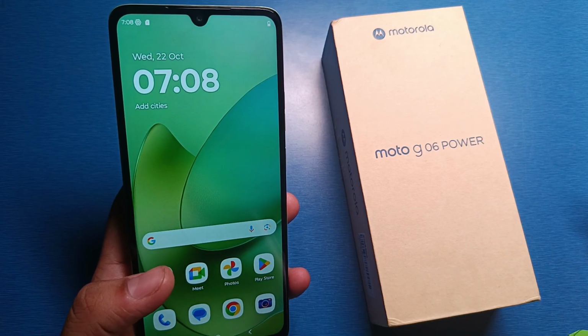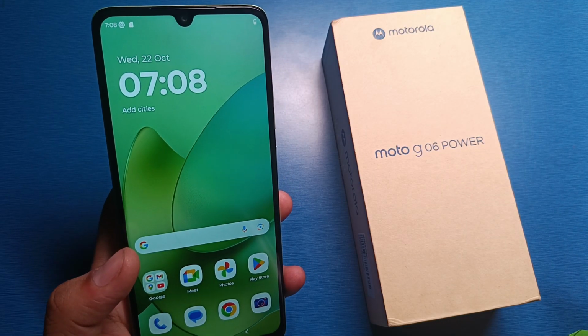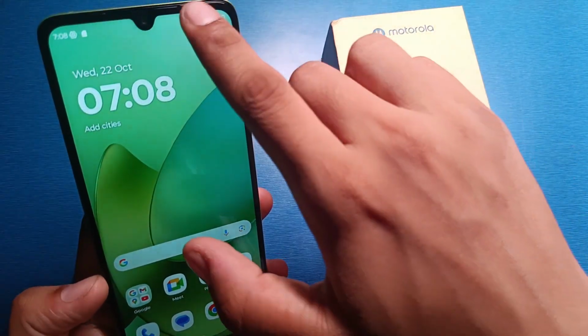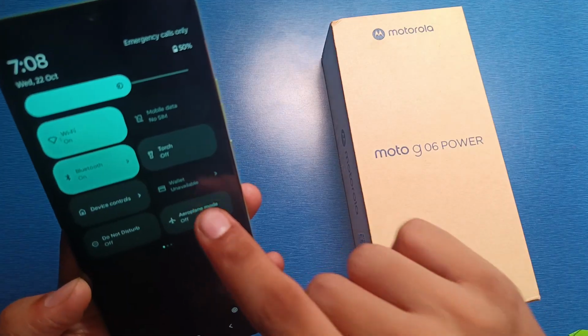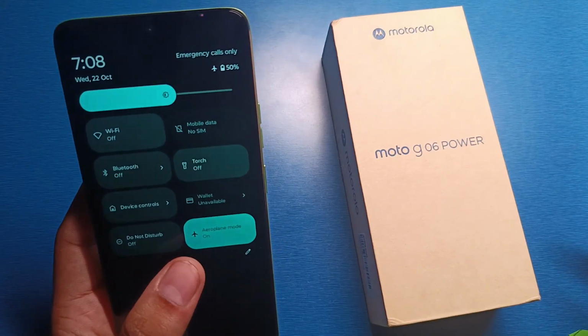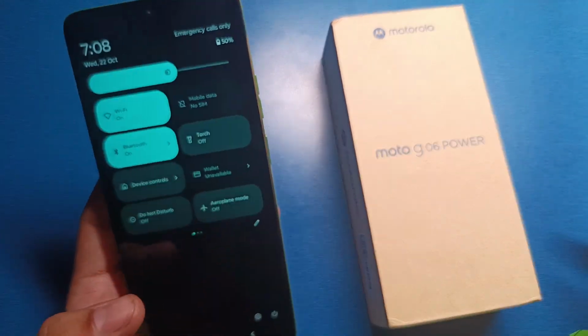Sometimes your mobile networks are not coming, there is a slow network, you can't be able to download applications or any file. So you have to just firstly open your aeroplane mode, so it will turn off your mobile network. Just open it for 10 seconds. After that you have to turn off aeroplane mode,